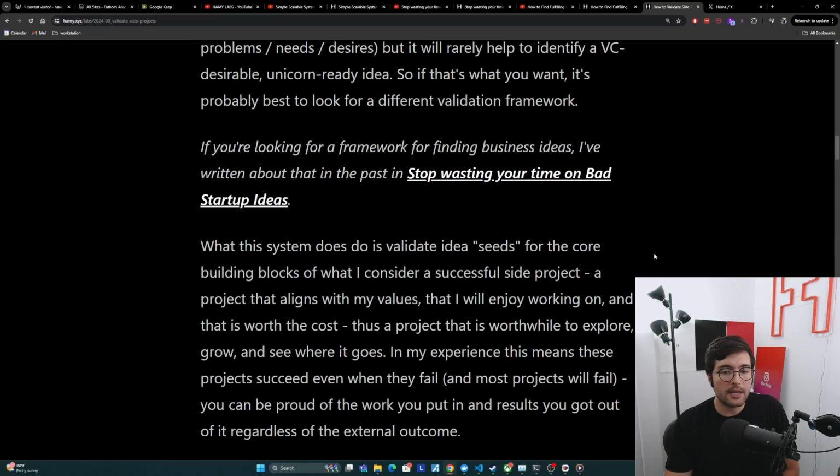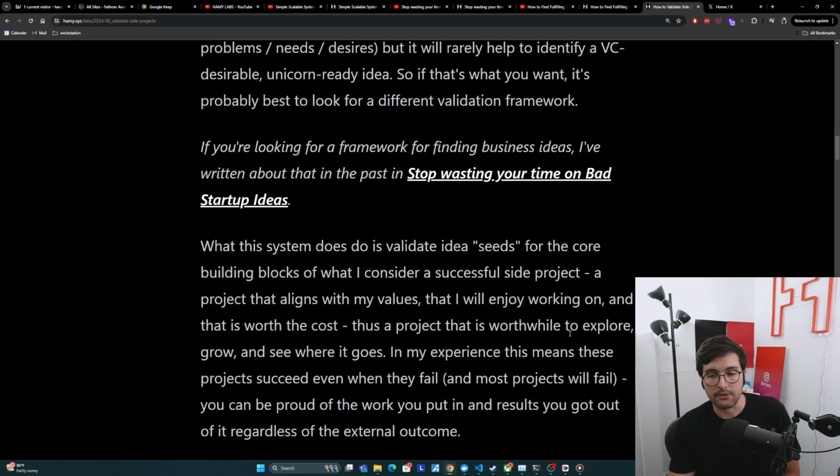Now, what the system does do is validate idea seeds for the core building blocks of what I consider a successful side project, a project that aligns with my values, that I will enjoy working on, and that is worth the cost. Thus, a project that is worthwhile to explore, grow, and see where it goes. In my experience, this means these projects succeed even when they fail, and most projects will fail. So you can be proud of the work you put in and the results you got out of it, regardless